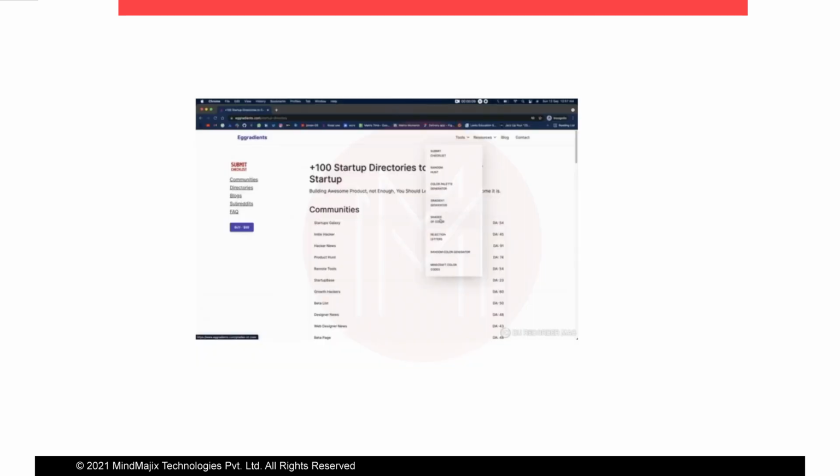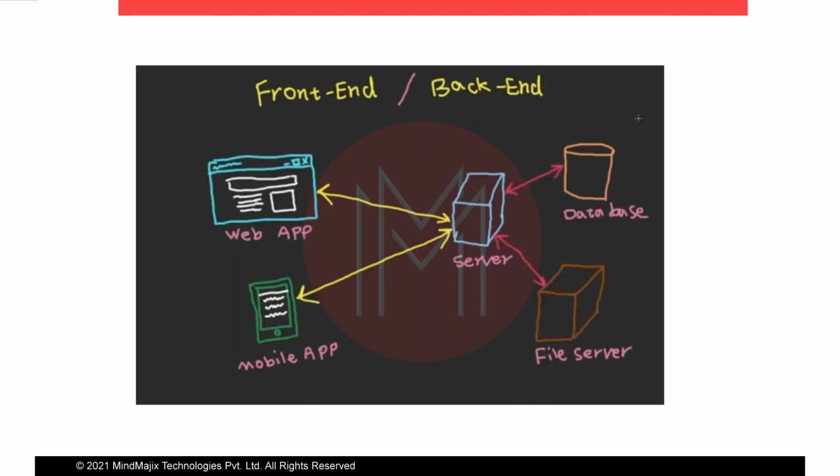So after that, people started dividing the code into front end and back end. This is the new system architecture which everyone is following right now, having the entire backend code and front end code separate. So here, first of all, I would like to explain what the front end is.